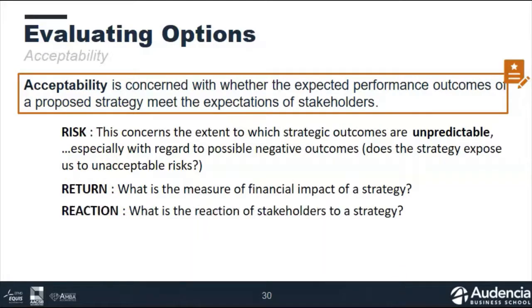And the third R is the reaction of stakeholders. Will stakeholders accept the strategy that we're proposing? And we know that when we measure stakeholder feedback or stakeholder opinion on a specific strategy, they're not all going to be in agreement. We have some stakeholders that will say yes and some that will say no. So this becomes a whole other issue of, well, how do we assess knowing that some stakeholders may be more or less important?